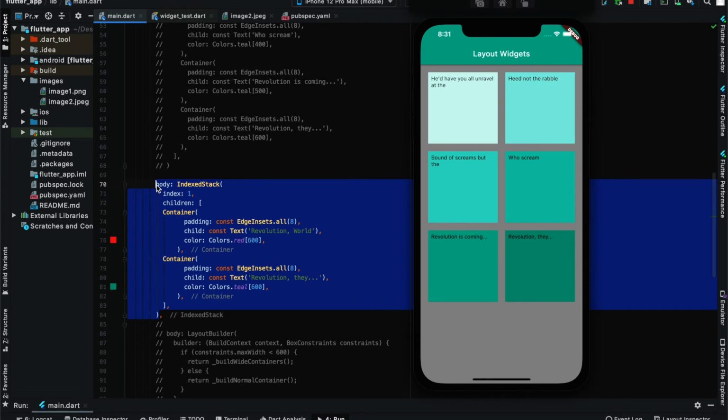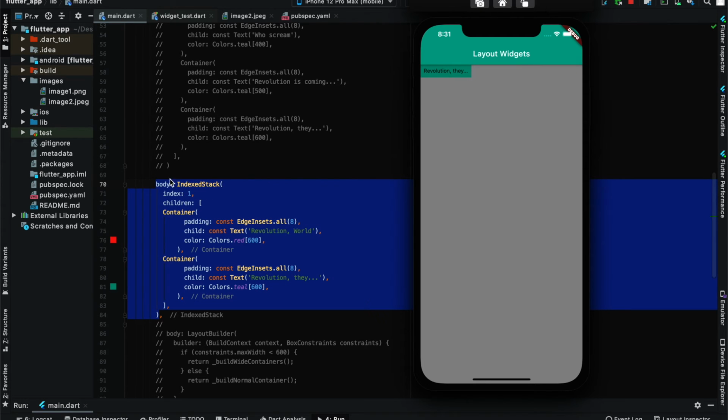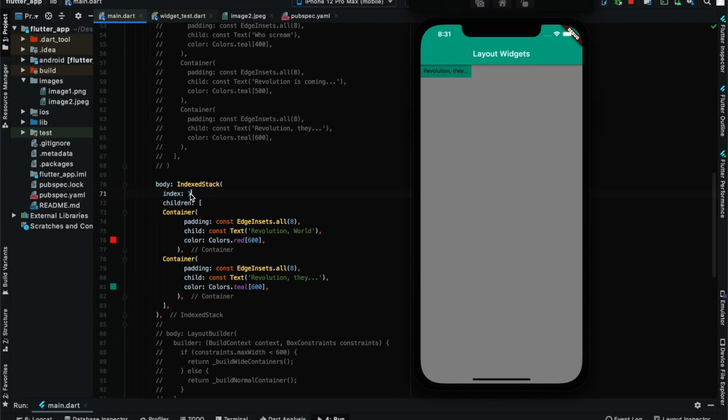See, I'll just uncomment this code. I just put this IndexedStack widget, and inside this I put two containers. Whenever I give this index, this container will be called, and whenever I put this index, this container will be called. This is the first one. I give the color as red. Let me give it some bright color. Yeah, so this will be called. So it depends on index.